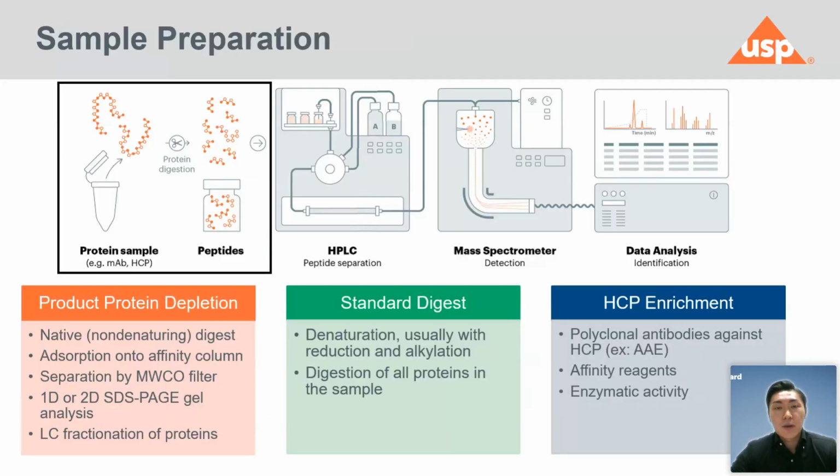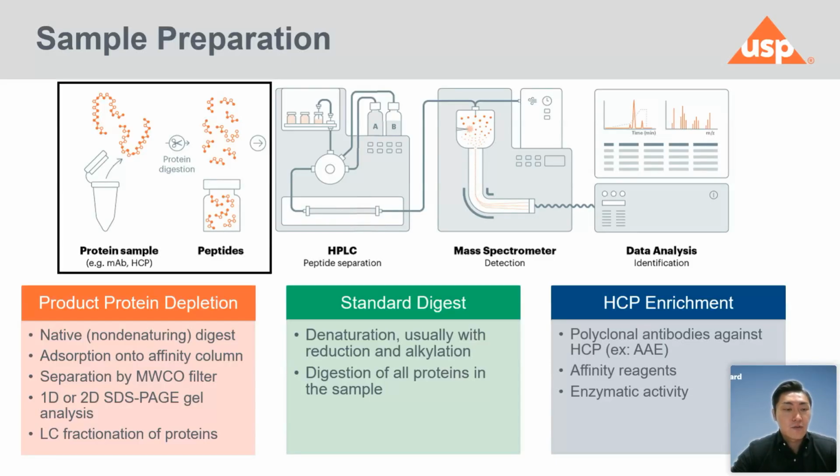So first, let's talk about sample preparation as described in the chapter. So this involves basic protein samples using mostly trypsin to be digested in various conditions. And in the chapter, we described 3 different types of sample prep, one being product depletion, second being standard digest, and last being whole cell protein HCP enrichment. Product protein depletion, as described in the chapter, we talk about it as native digest. This also involves absorptions onto affinity columns, and you can also do 1D or 2D SDS page gel analysis or